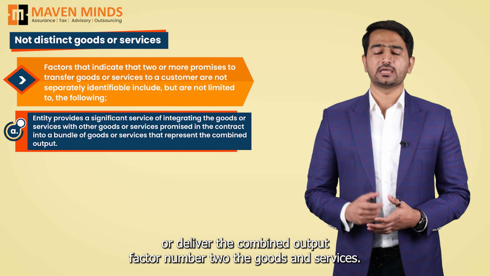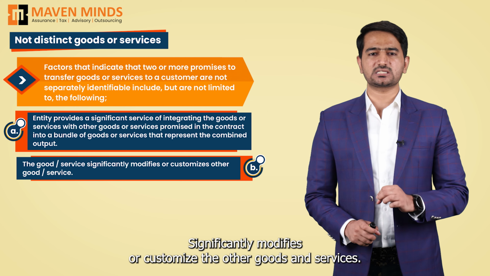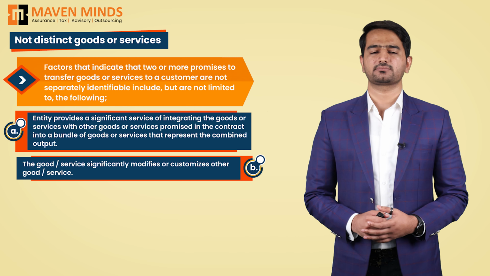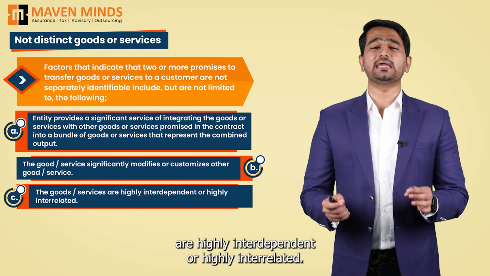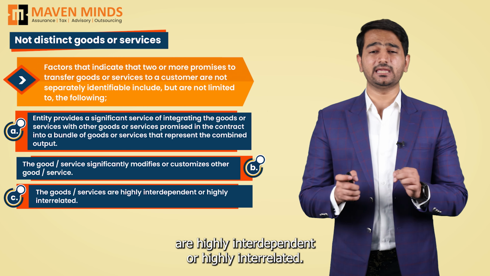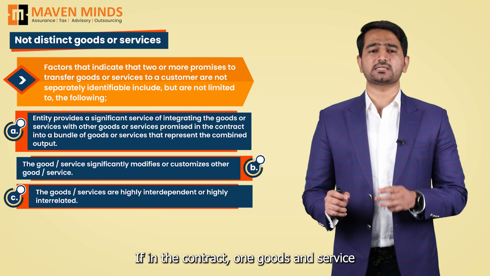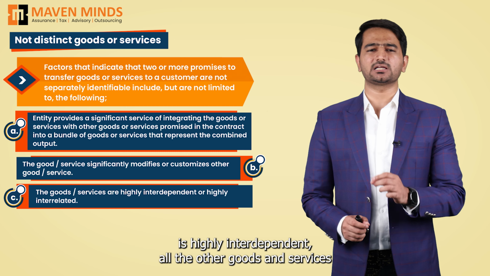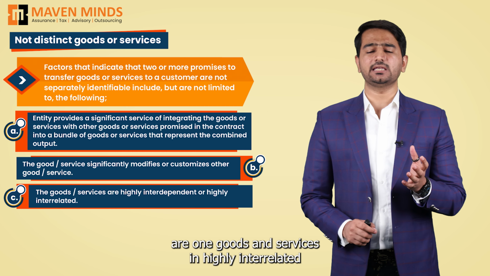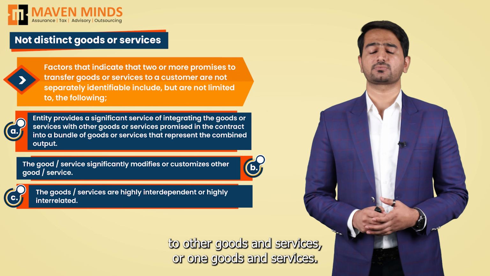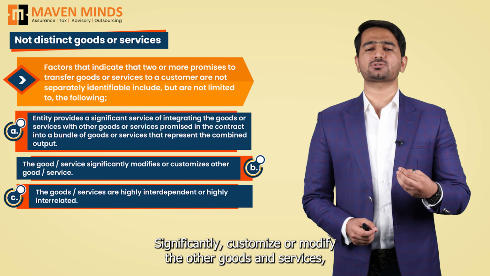Factor number 2. The goods and services significantly modify or customize the other goods and services. And factor number 3. The goods and services are highly interdependent or highly interrelated. If in the contract, one good or service is highly interdependent on the other, or one good or service is highly interrelated to other goods and services, or one good or service significantly customizes or modifies the